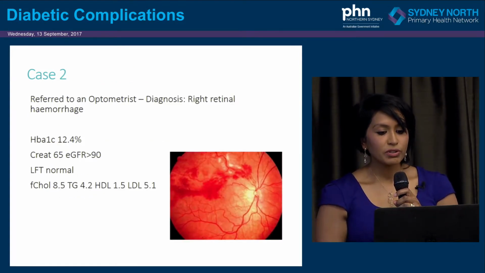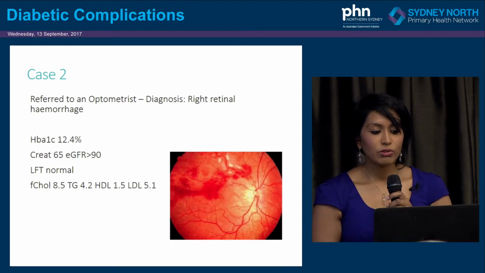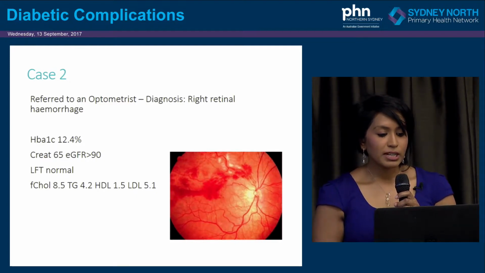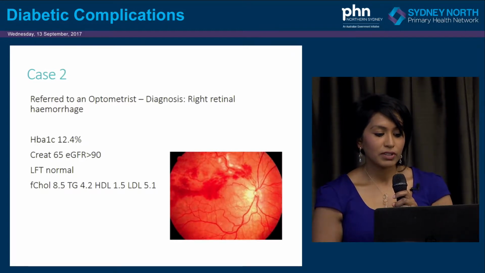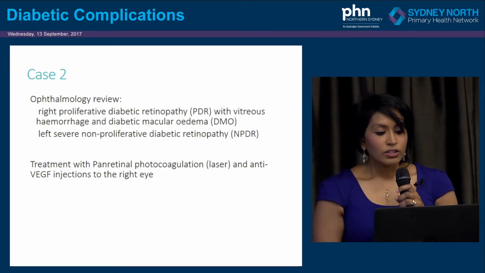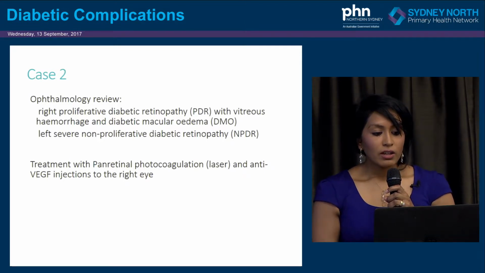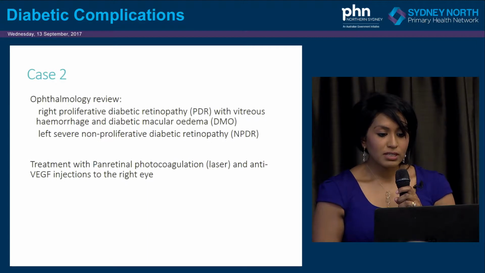So she's referred to an optometrist and diagnosed to have a right retinal hemorrhage. And blood tests done by the GP show an HbA1c of 12.4% with normal renal function and liver function, and a fasting cholesterol high at 8.5. So she's sent to an ophthalmologist with the referral from the optometrist